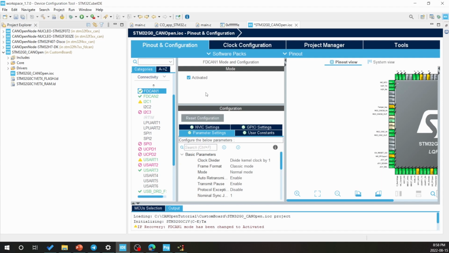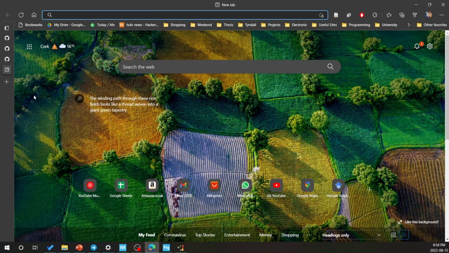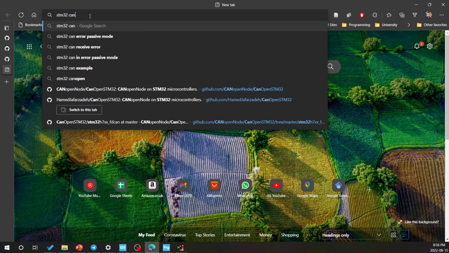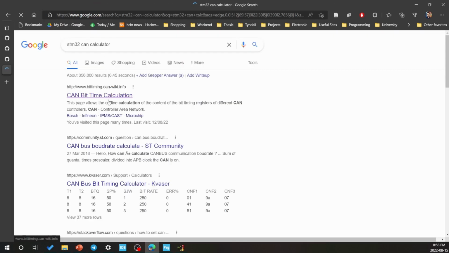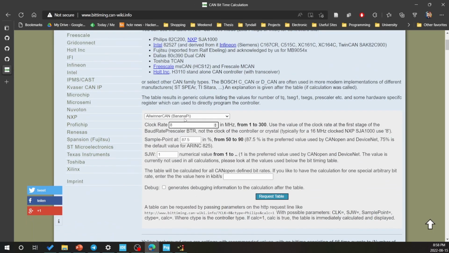And let's go here. So I'm using a cool tool online. If you search for STM32 CAN calculator, you're gonna see this bit timing .can wiki info. So this one is very cool. I just select ST here,